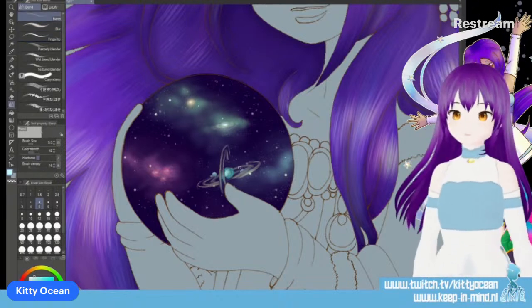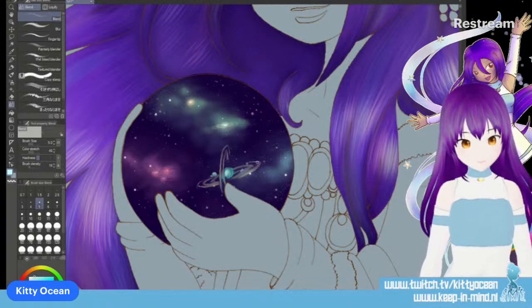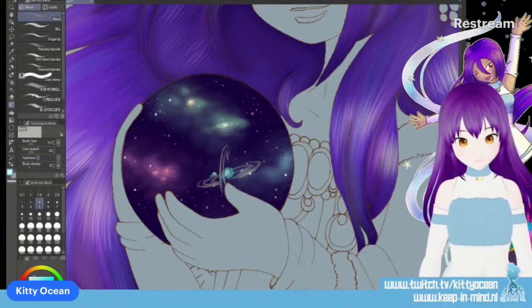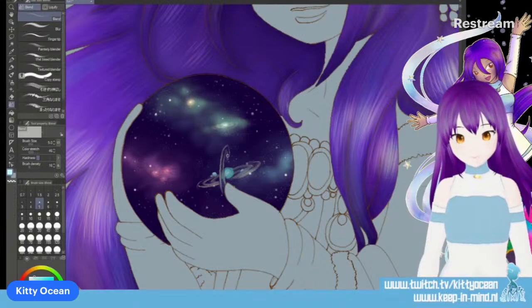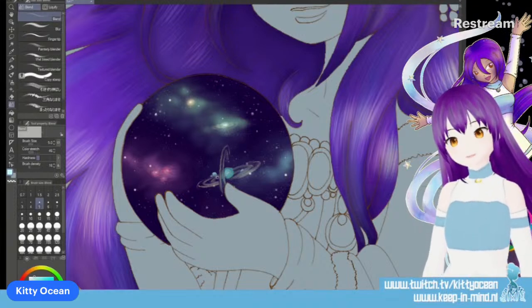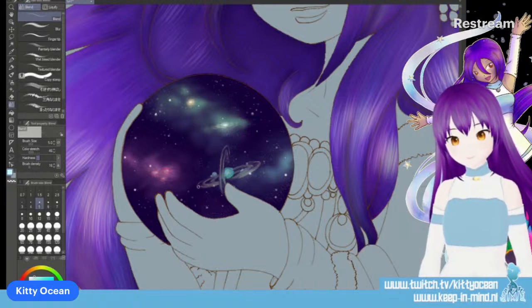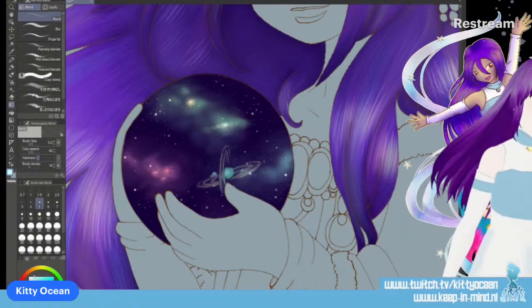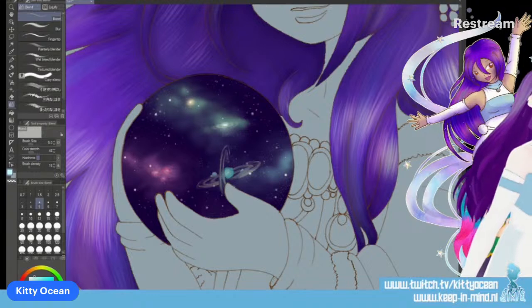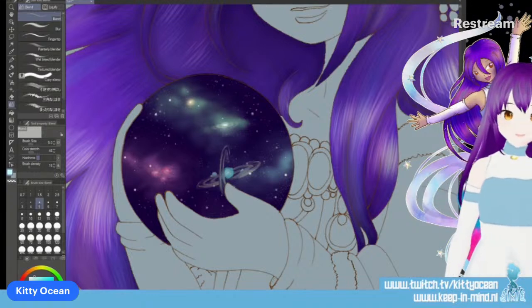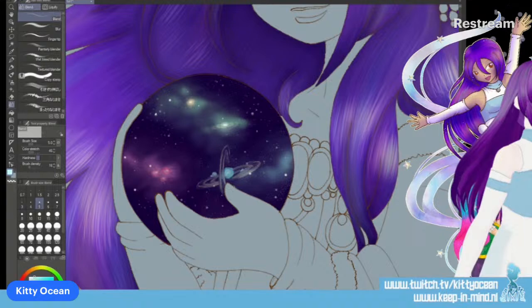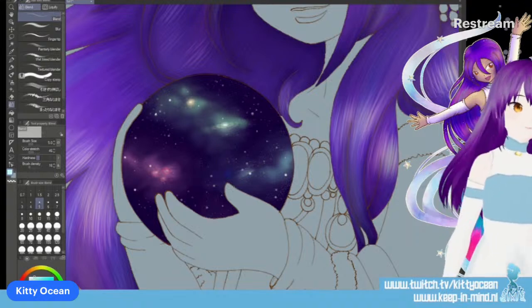Now I need to blur it out a little bit more. It's a bit too present. What if I pick screen? No. Overlay.